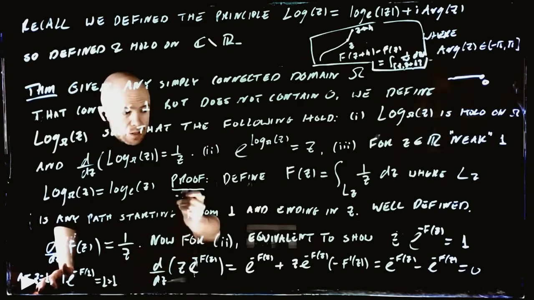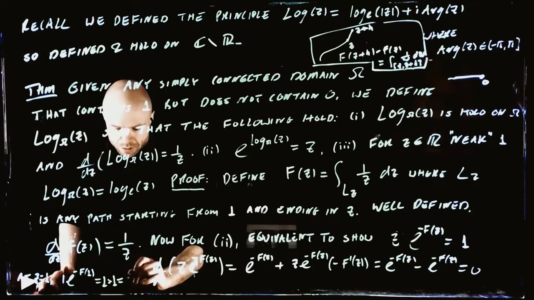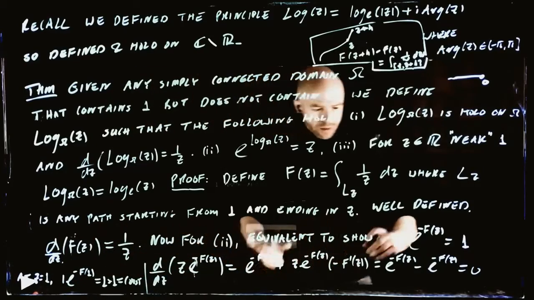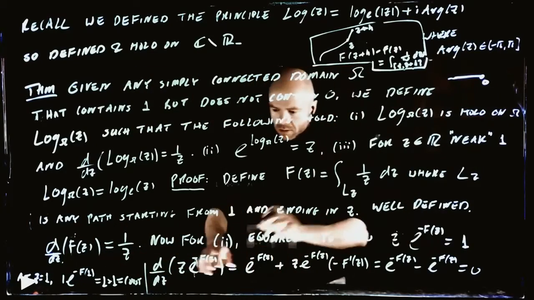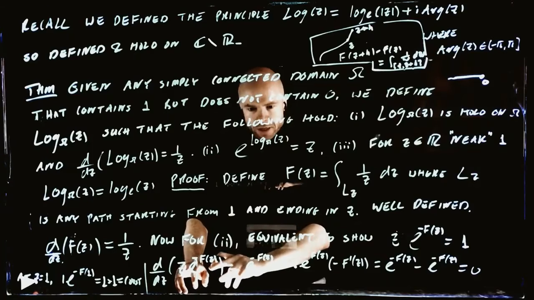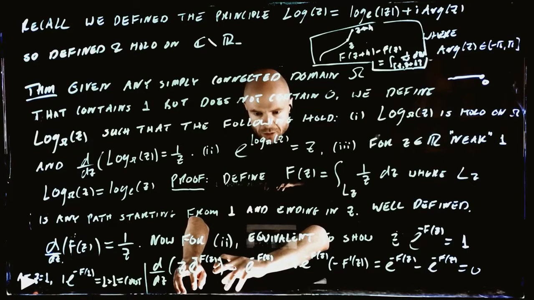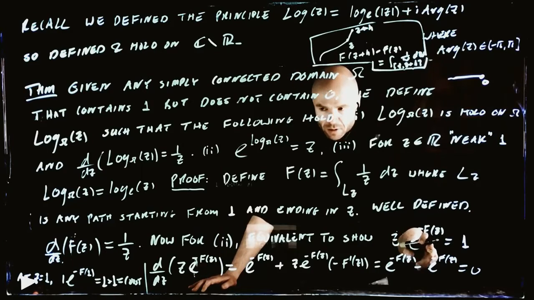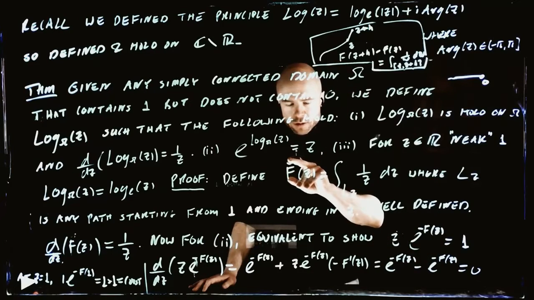And therefore, that is what this constant is equal to. Right? So we've shown that this thing is a constant function, and that constant has to equal 1, just by sticking in z equals 1. Yeah? And therefore, this is shown, this is proved, which is proving this. Cool. Everybody happy?